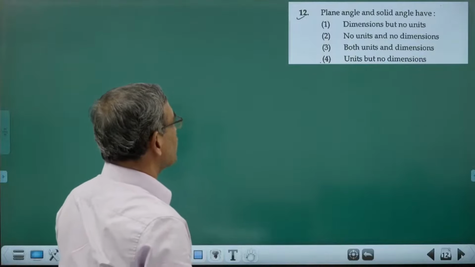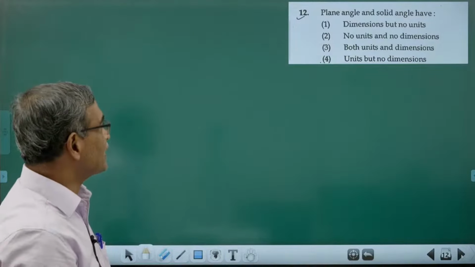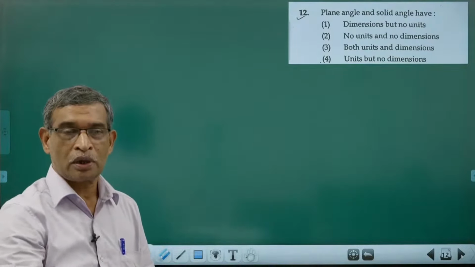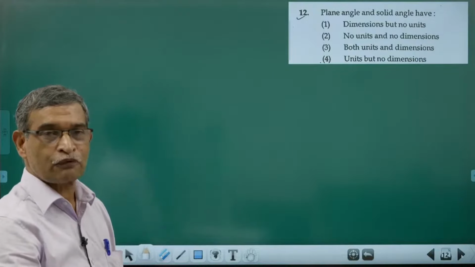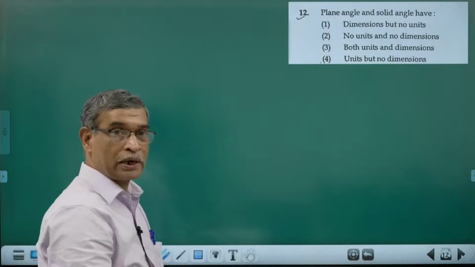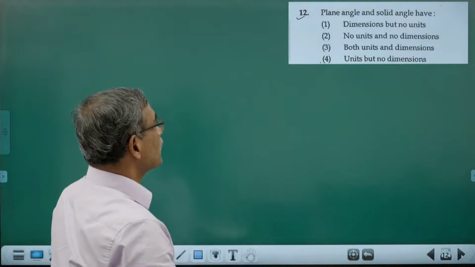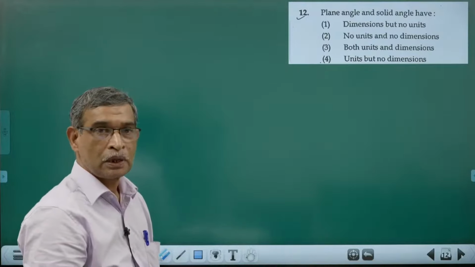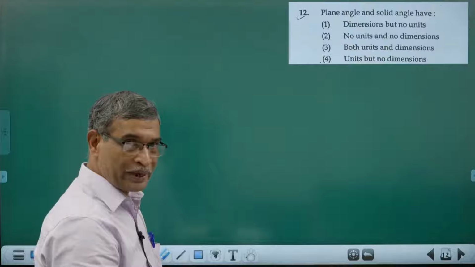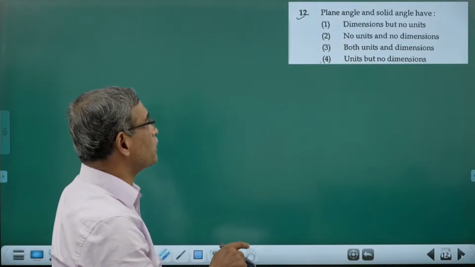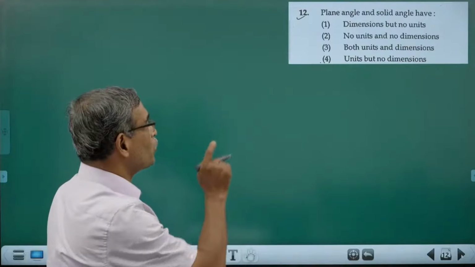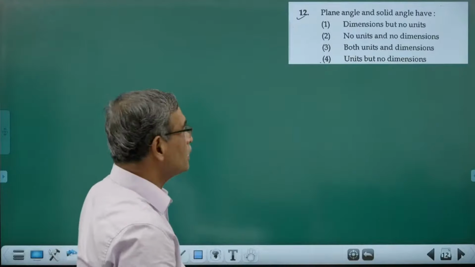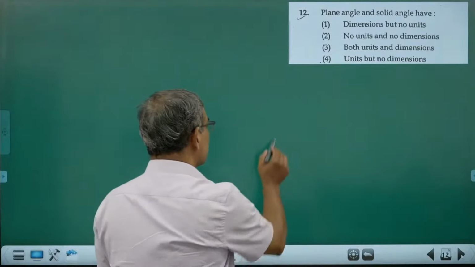Plane angle and solid angle have... Now in SI, even though by definition it has no dimension, because angle is arc length by radius, and solid angle is surface area by radius square, both planar angle and solid angle have no dimension. But as supplementary units we accept them: the planar angle has the supplementary unit radian, and the solid angle is called steradian. Therefore we can say that it has a unit but no dimension. So the answer is